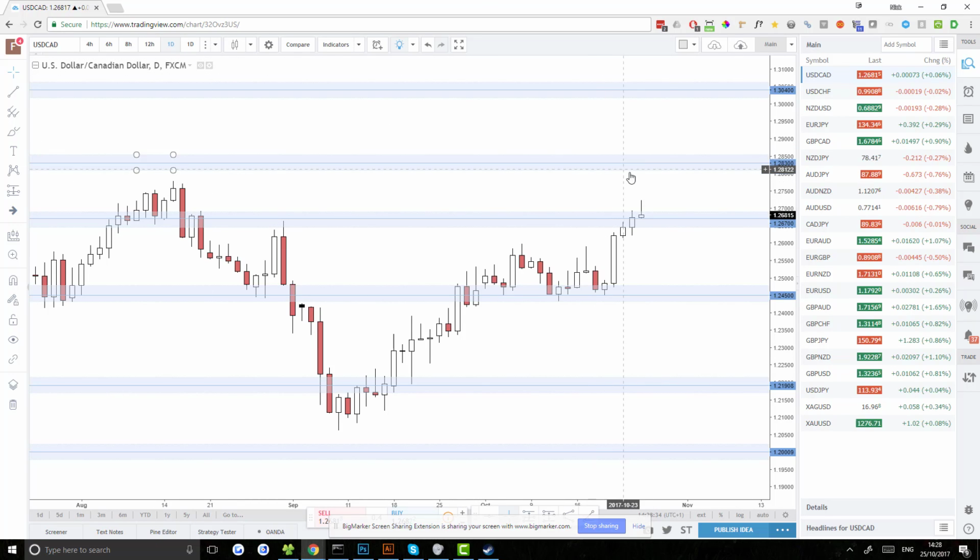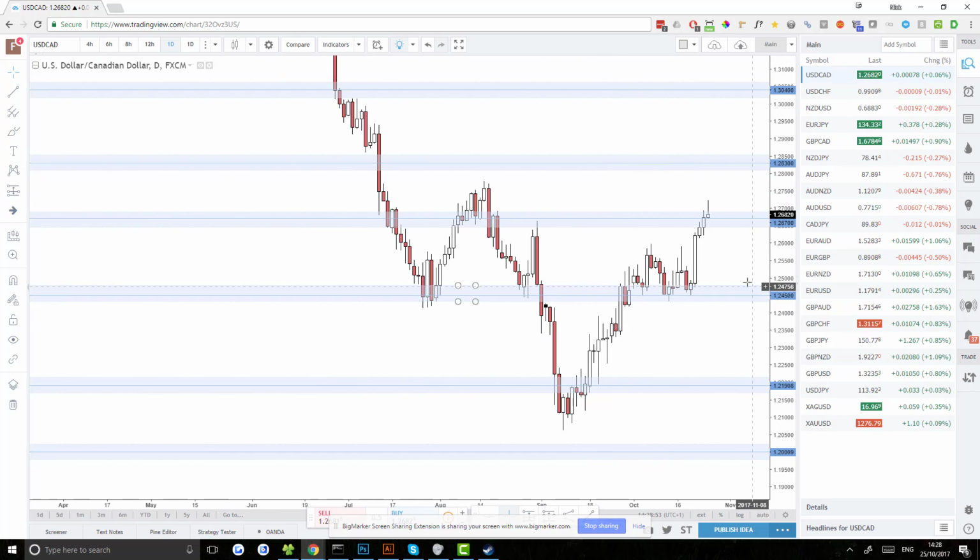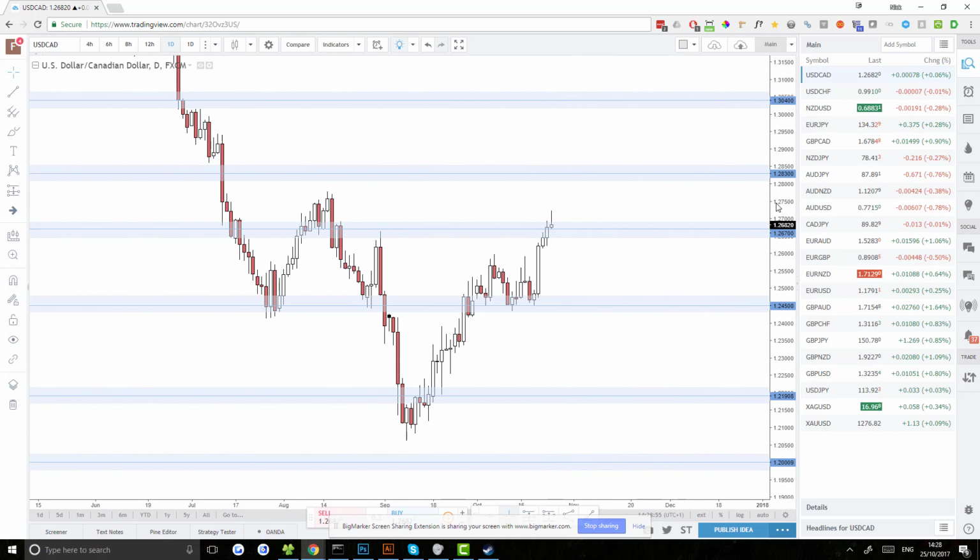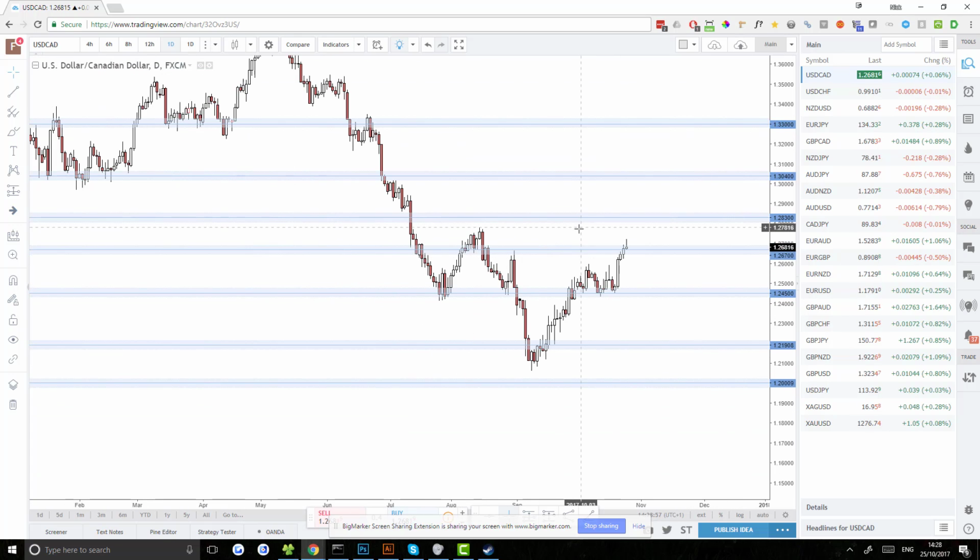Today's candle still looks pretty decent for a reversal setup. It's a bit higher in resistance, but that's okay. I can live with that. It's going to give me a good risk to reward ratio, perhaps even a better risk to reward ratio overall, to be completely honest. So we still have potential for a short reversal here on USDCAD. So let's keep a close eye on this one today, guys. It still looks good. Still plenty of opportunity to go short here